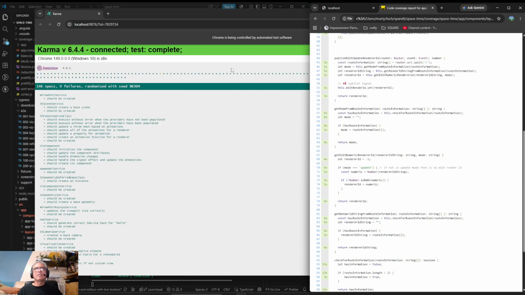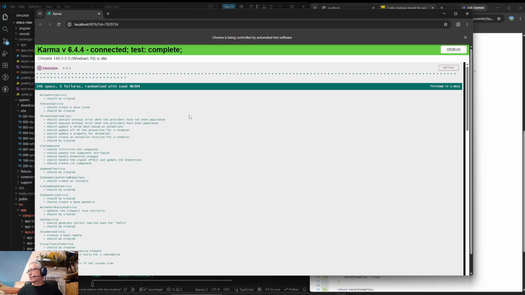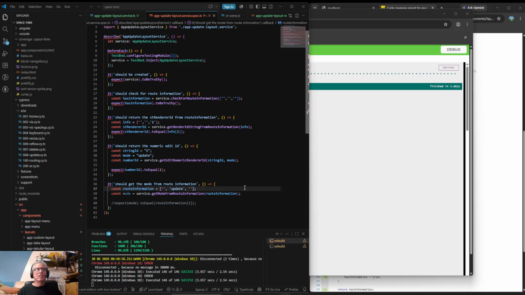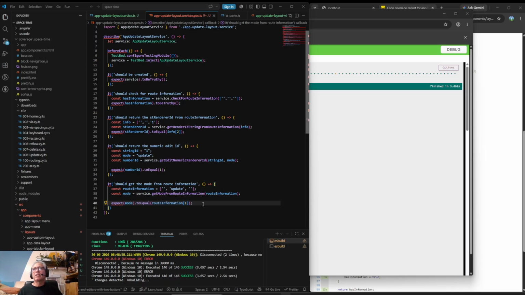Right. All right. Let's see how much time. Yeah, I still have a few minutes. This would be a really good time, instead of going over the next one, to figure out this dim one. I have one that's a little bit more dim than everything else. They're all a kind of dark green except for this one. And this one is called, wait, app layout should get the mode. Okay, wait a second. Wait a tick. Oh, and then we didn't actually do an expectation.